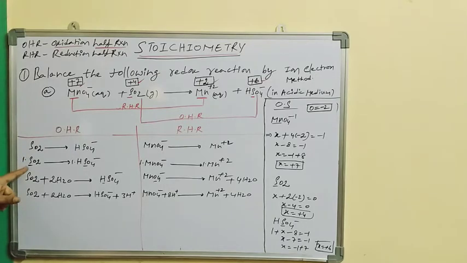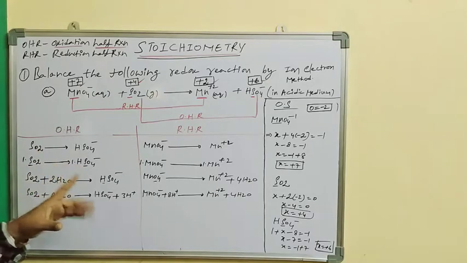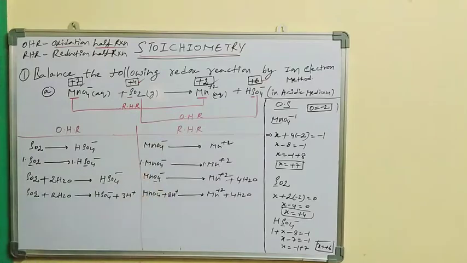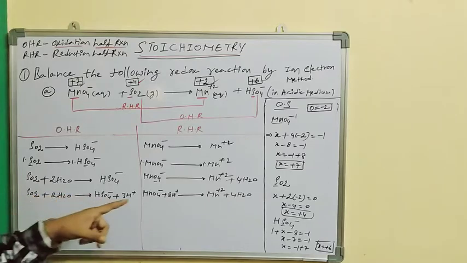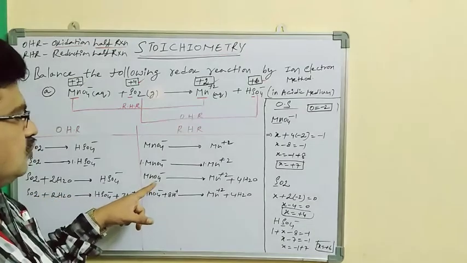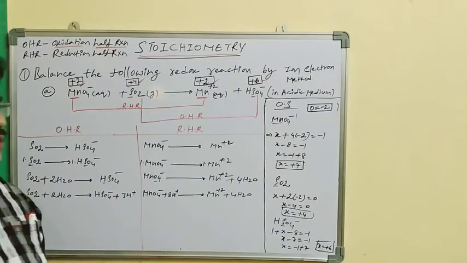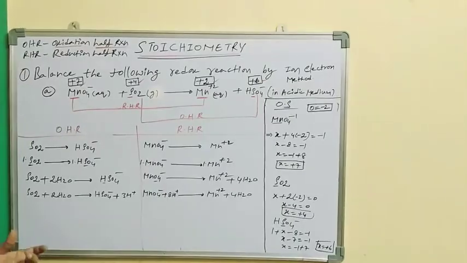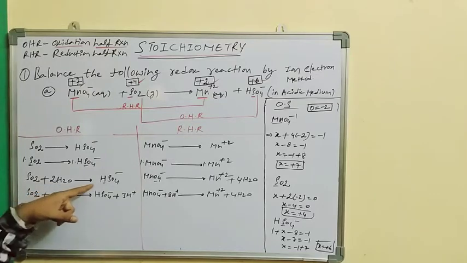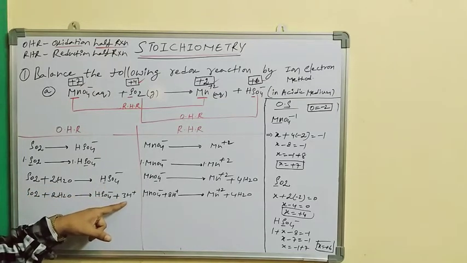So I am recalling again. Balancing atoms other than oxygen and hydrogen: here sulfur is balanced on the reactant and product sides, and manganese is also already balanced. Balancing oxygen atoms by adding water molecules to the deficient side: here 2 oxygens, here 4, so I am adding 2 water molecules. In the reduction half reaction, 4 oxygens are there, so I am adding 4 water molecules. Balancing hydrogen atoms: here how many hydrogens are there? 2 twos are 4, so 4 hydrogens. Here 1 hydrogen is there. I am adding 3 hydrogens on the product side.